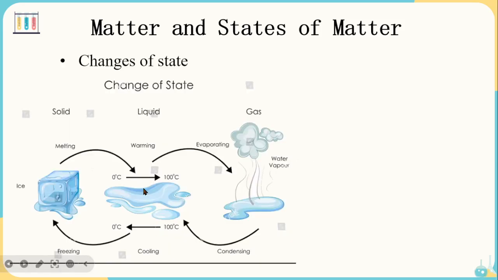So let's talk about the change of states. Matter changes. An example I can give is water. You see this part here. You have an ice cube here, right? When an ice cube is heated, it turns into liquid. This ice cube is in solid form, but if you heat it, it will turn into liquid form, and that process is called